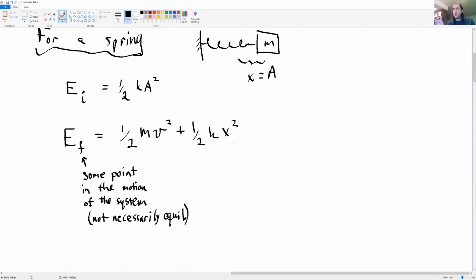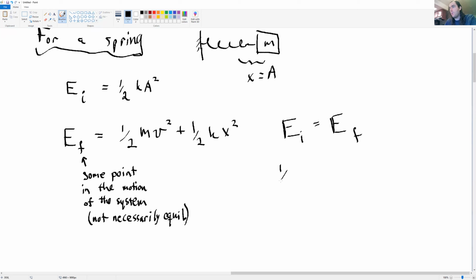So the spring is going to continue to oscillate back and forth. And we just want to look kind of in general at what's going on for this motion. So the only thing that we know about the system is that we've stretched it an amount A and then we've just let it do its thing. Okay. I don't want to go through a lot of algebra here on this part, so I want to cut to the chase. If we set energy initial equal to energy final,